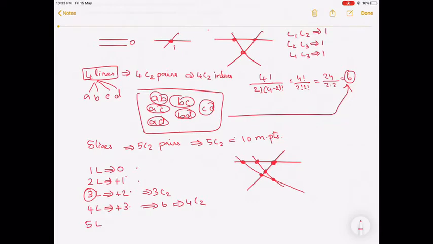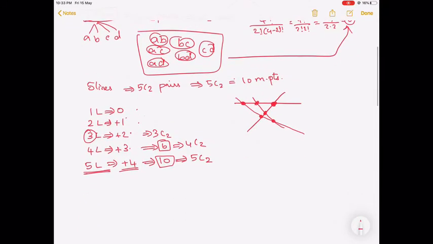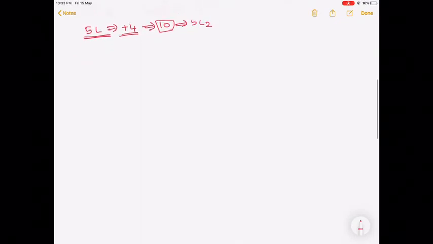Similarly, when the fifth line comes into the picture, there will be 4 new meeting points, and totally there will be 10 meeting points, because when there were 4 lines, there were 6 meeting points. When the fifth line comes in, it brings 4 new meeting points, and totally there are 10 meeting points, which I can directly find by using 5C2. So this is the number of meeting points between lines. Likewise,